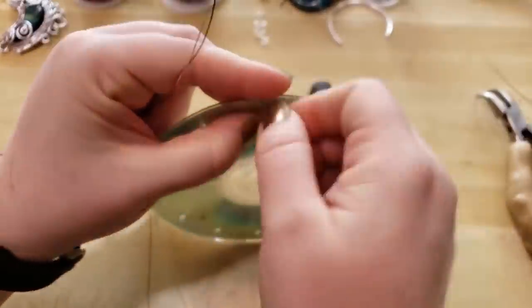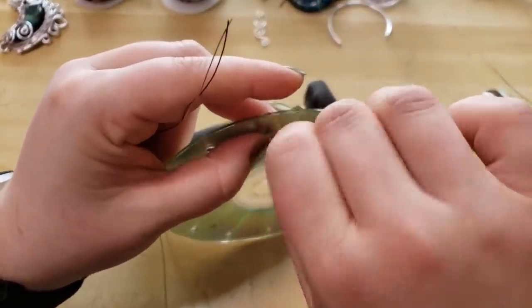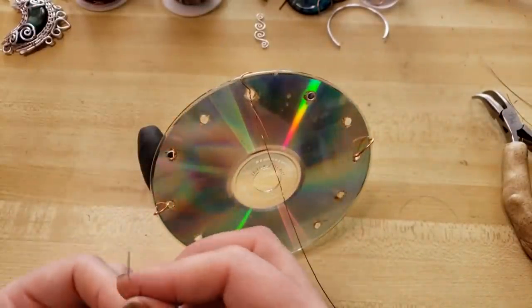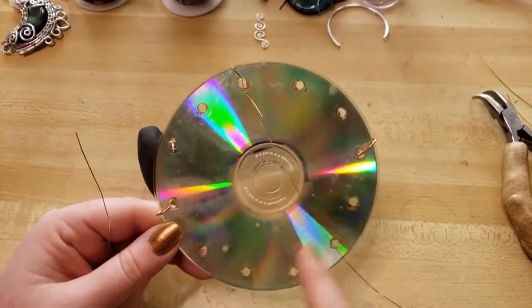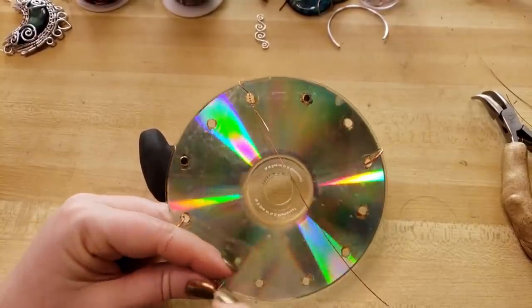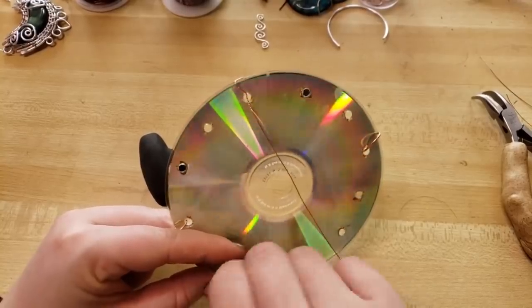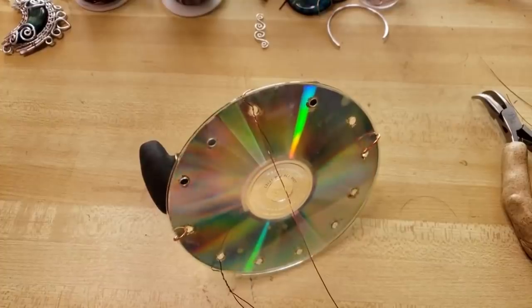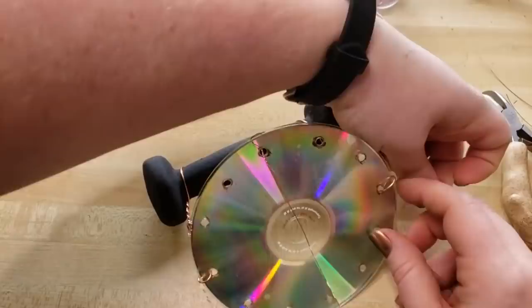Just bringing it through and giving it 2, 3, 4, 5 twists and setting it off to the side. And now I'm going to grab another wire and come to a kind of triangulate. The key I found is that however many wires you're using, you just want to keep them equidistant from each other. Kind of works. Gets the best results. And then threading through our 3rd